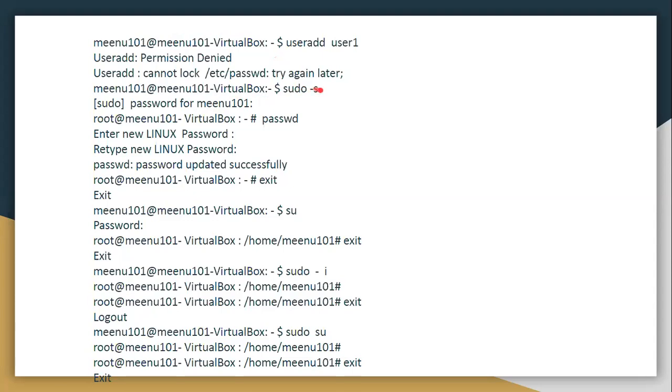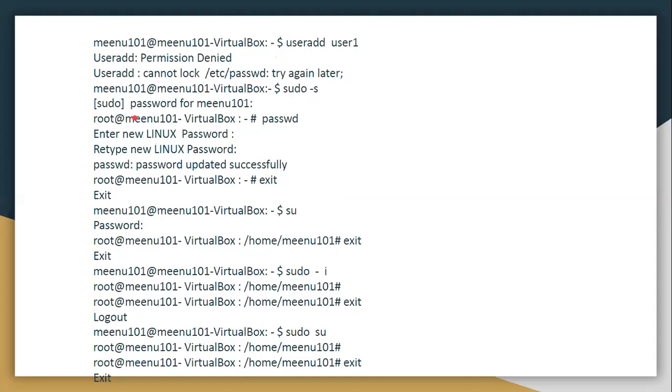To create Minu101 as a super user, I have used this command, sudo -s. Now it will ask me for the password which I already created. I enter that password and I come to this. Now you check it out. This is root Minu101. Minu has now become the root user. Root user means super user or administrative user.